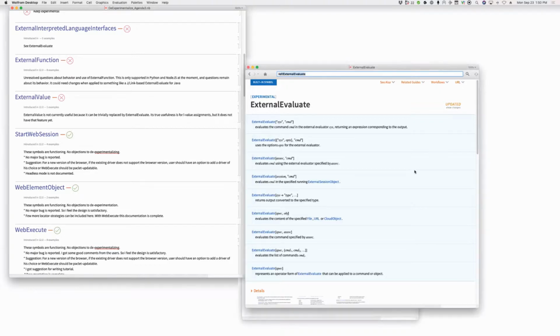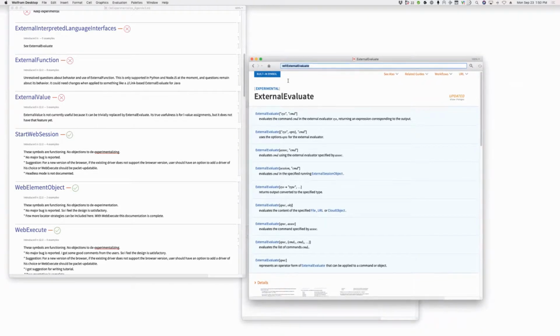I mean, look, to me, the more obvious thing that we need to do here is to assess, because if we are going to need to change some design of external evaluate, the sooner we do that, the better. Yeah, I agree. I think it's getting quite widely used. And so what is it exactly that you think you want to change?